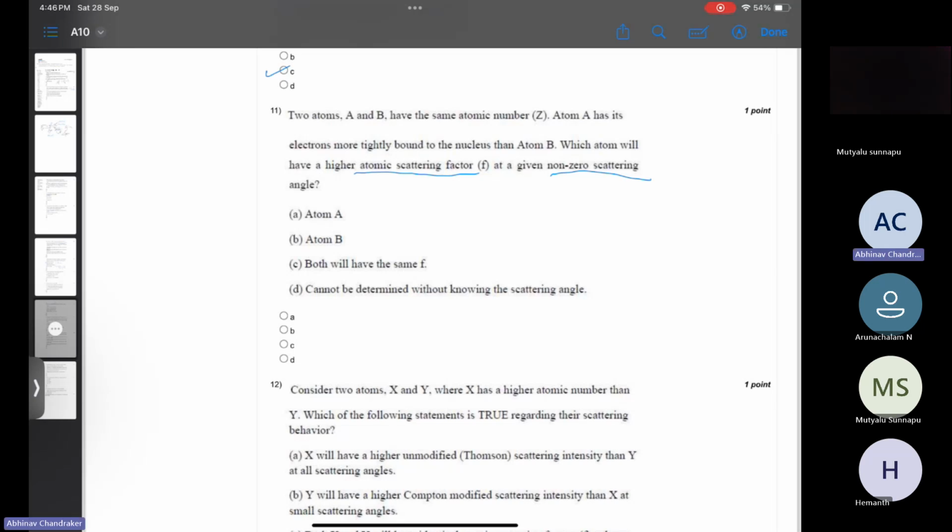So if the path difference in case of A is less than that in case of B, it is likely that the phase difference will also be smaller, and that will result in a higher atomic scattering factor in A than in B,